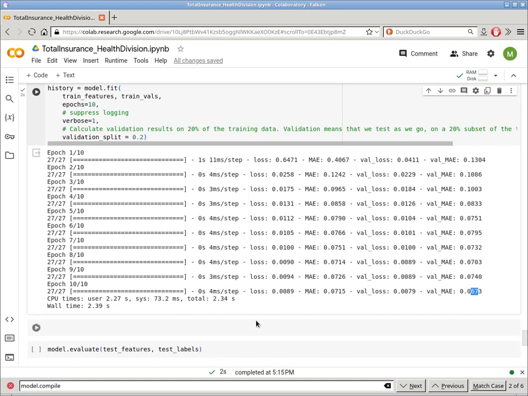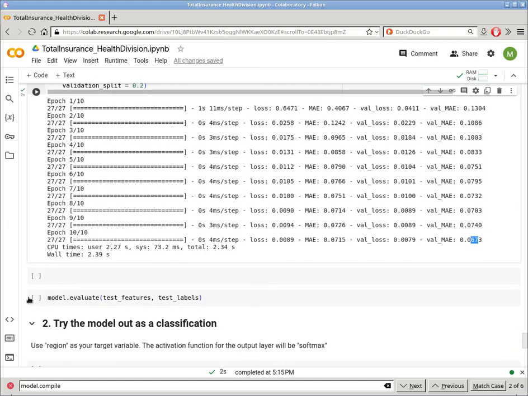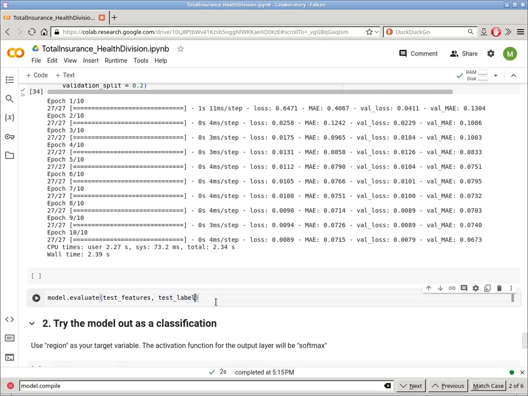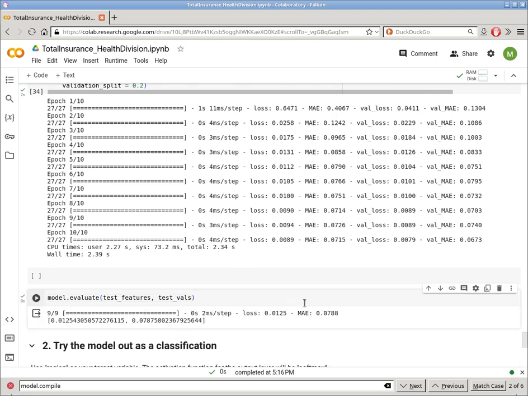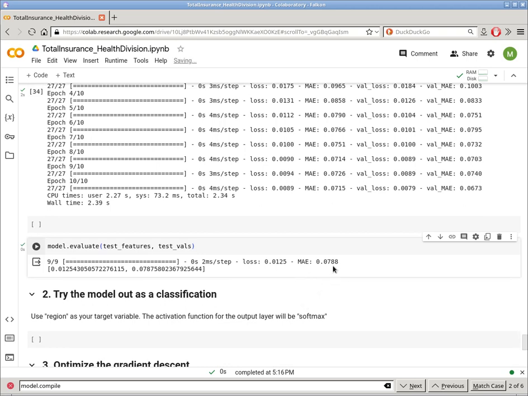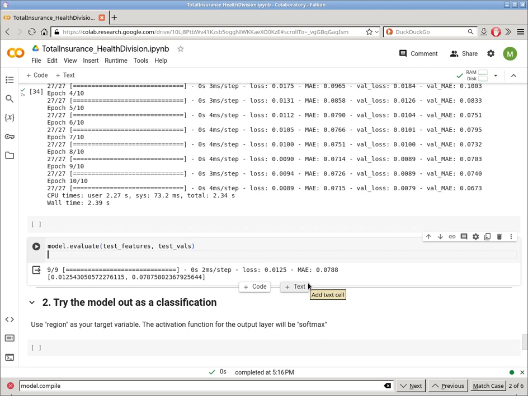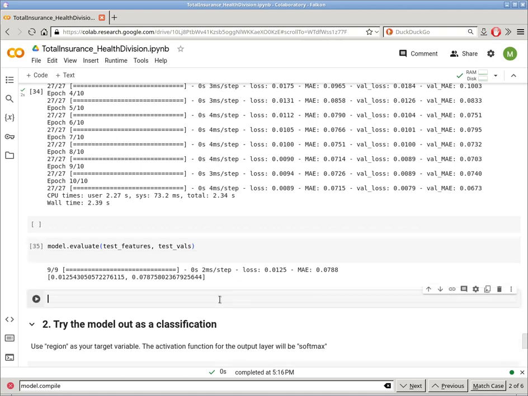Okay, so let's just try this on the test values, test features. And now we had a little bit of overtraining there, didn't we? We're up to about 8%, okay? And if we want to, all right, we could then just see how big that is, okay? We could get the MAE out of the model, but let's just manually put in another thing,